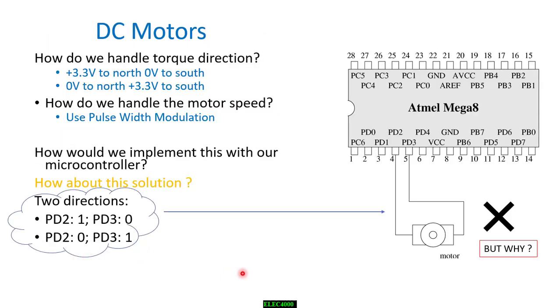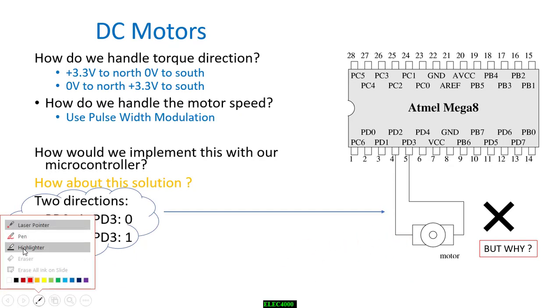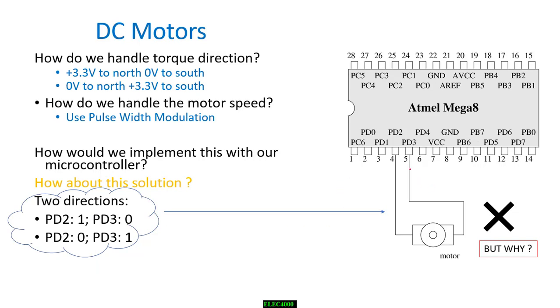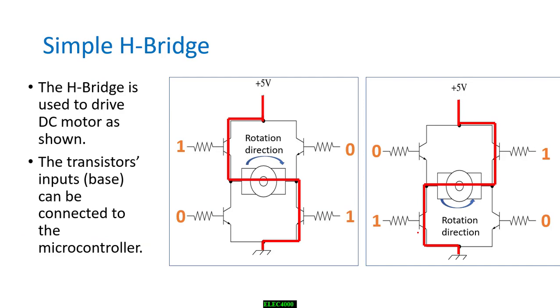So first of all, let's take an example in which we want to control the motor. We connect the motor to the microcontroller directly. How about this solution? Is it right or wrong? It's wrong, but why? Because the microcontroller cannot support the current needed for the motor to spin. The microcontroller does not have enough current. So the solution was to